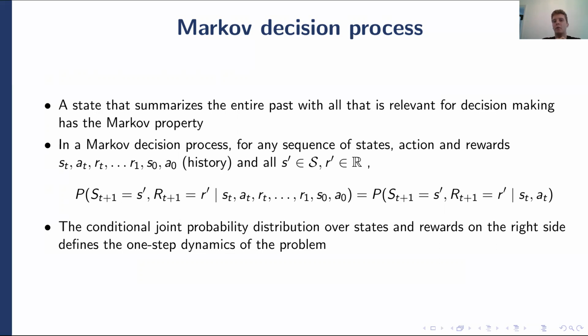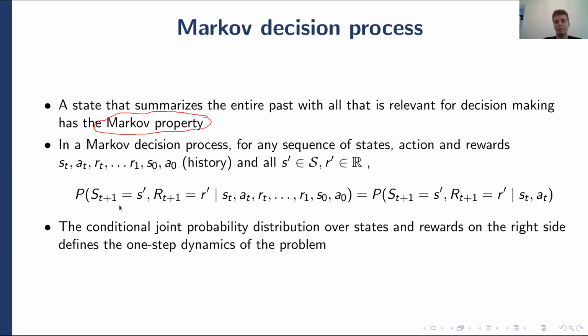In Markov decision problems, a state summarizes the entire past such that you don't need to look back at what you did in the past to make a decision. All you need to look at is the current state, and the current state has all the information that is relevant for decision making. Okay, so the way of representing that a problem has this Markov property